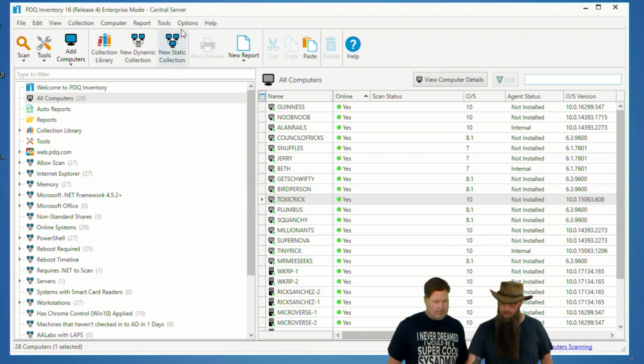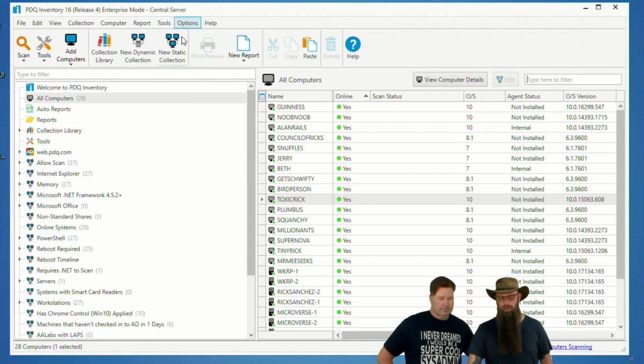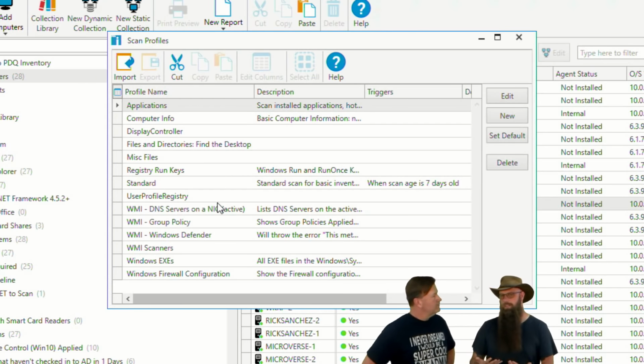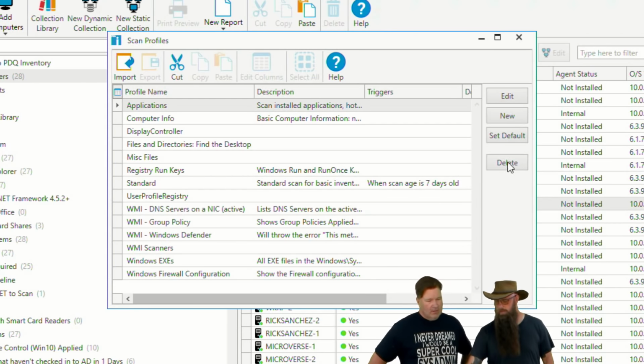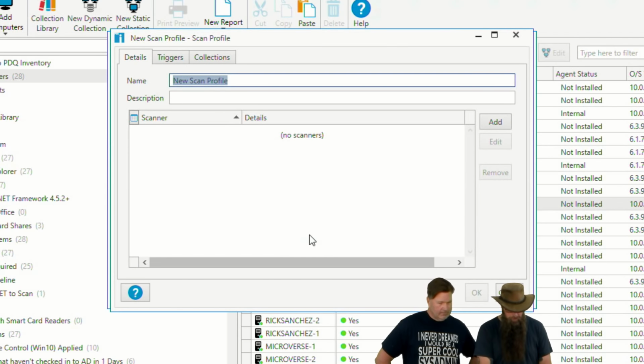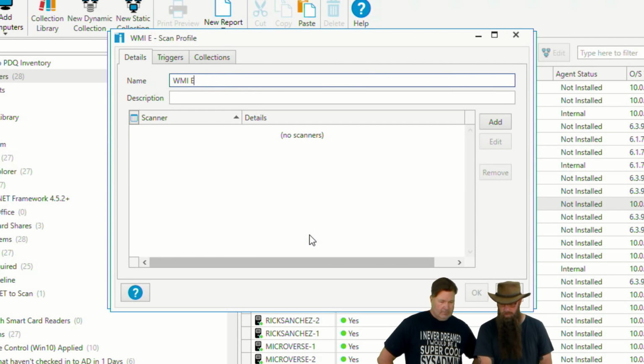Absolutely. So you're going to go to Options and Scan Profiles, and in Scan Profiles you can either modify an existing profile or create a new one. For now we'll just create a new one, and in the new Scan Profile you can call it whatever. WMI